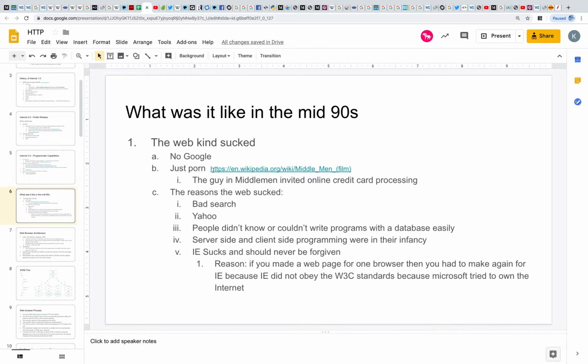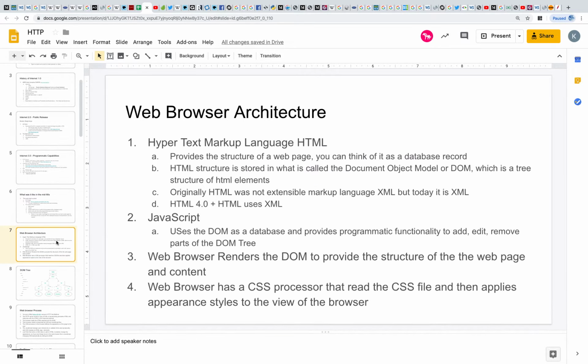They didn't want him to have any credit. He had already delivered the devices and the stuff that had to be used for the credit cards, because he already put it together. It was already working, and they didn't want him to go and patent it and sell it, they just wanted to monopolize it. And so there's a whole funny story about how this all came about. It's called Middlemen. It's a great movie. And so this is all what's going on. And then,